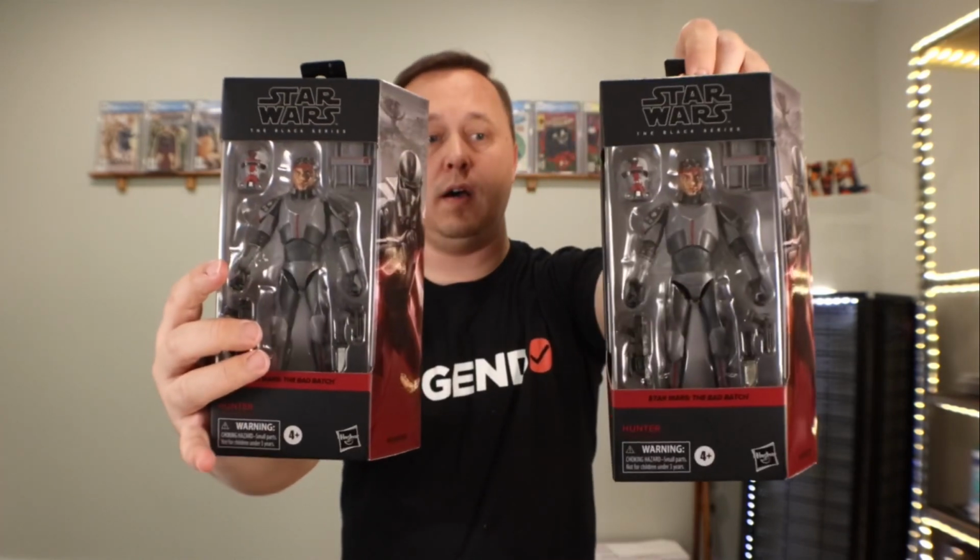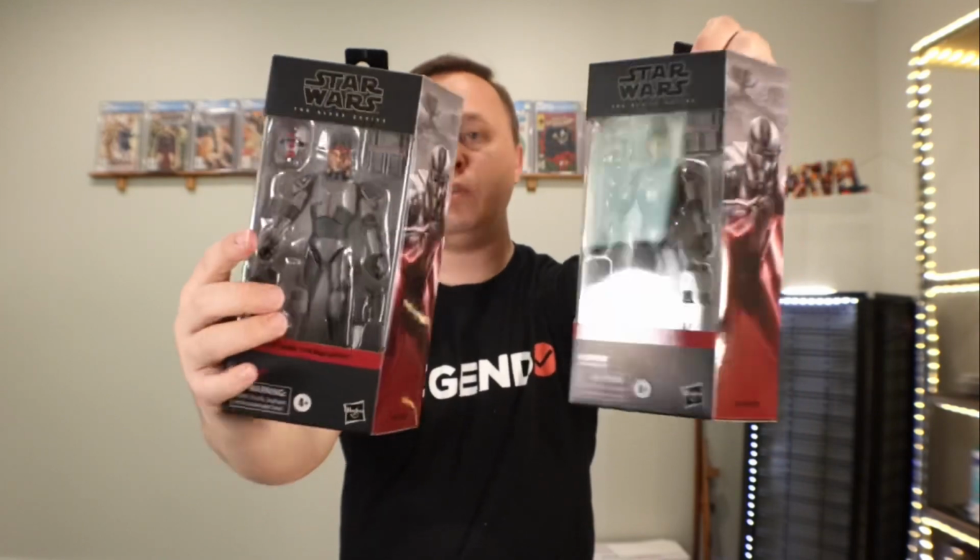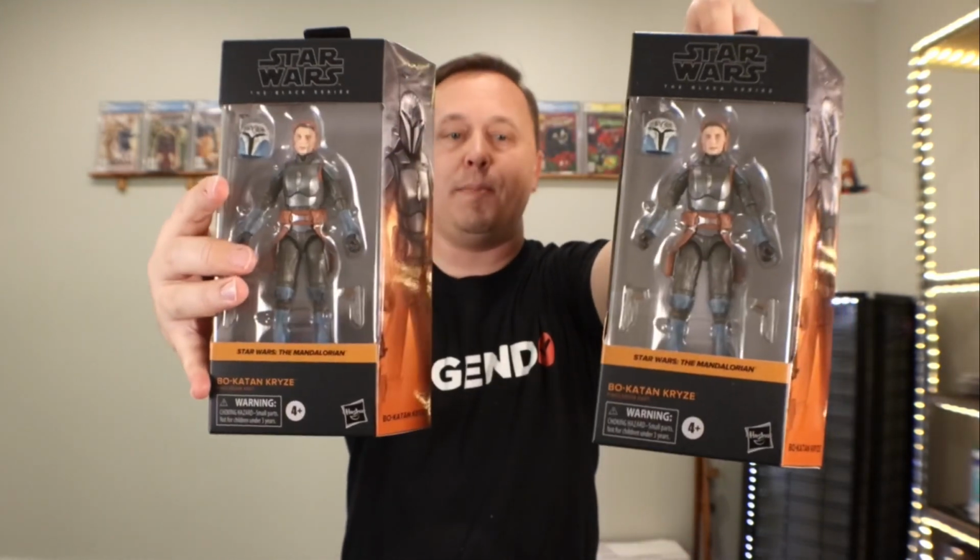Here we have the newer Clone Wars animated series figures. We got Hunter, and I got two of them, two Hunters. So that's cool. I wonder why they chose him to come double packed. Bo-Katan and another Bo-Katan. You know, this is actually really good because